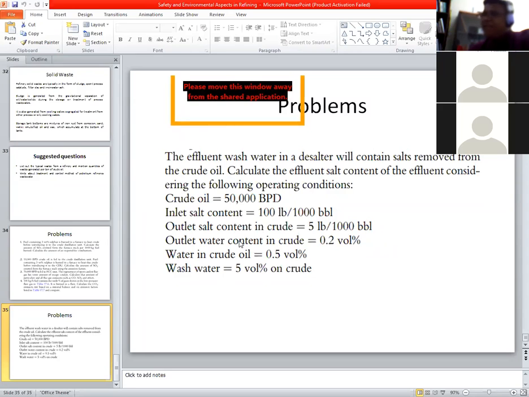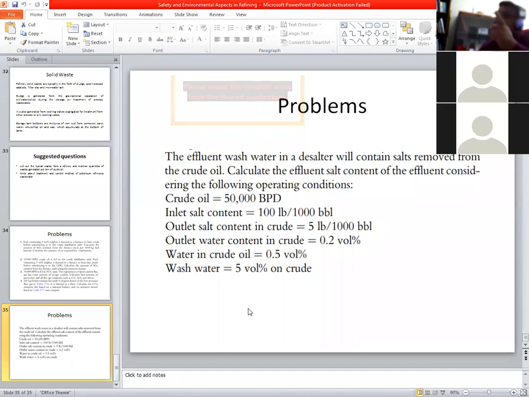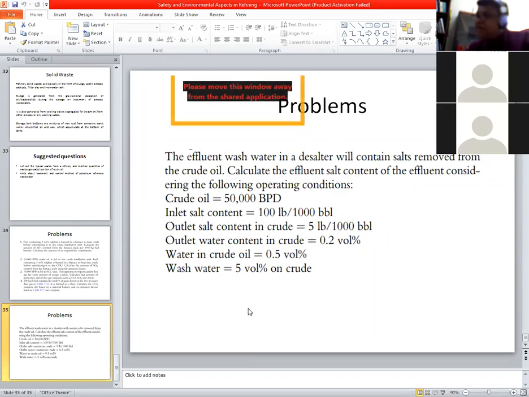But one thing here, this is BPD, that is the volumetric flow rate, okay? That one is mass flow rate, here you will get volumetric flow rate. Then you have to multiply the volumetric flow rate with density, then you will get the mass flow rate. Class, do you understand what I wanted to tell? Here it is a bit tricky.